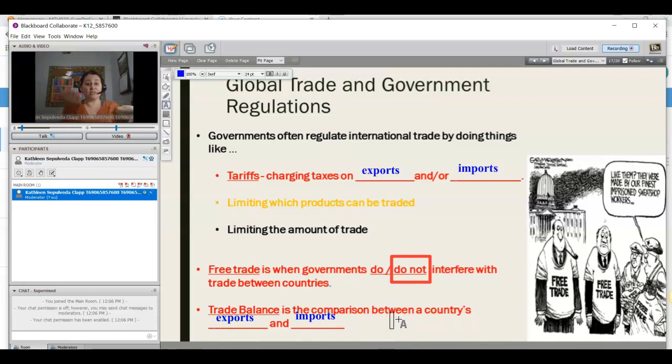And what happens is, if we have a lot of taxes on our imports, goods that are going to another country, if we're paying a lot of taxes in another country and we're not exporting a lot of things, then unfortunately we're going to be losing our money. And so again, you have to have a nice balance between the exports, what we take out of our country, and the imports, what is coming into our country.